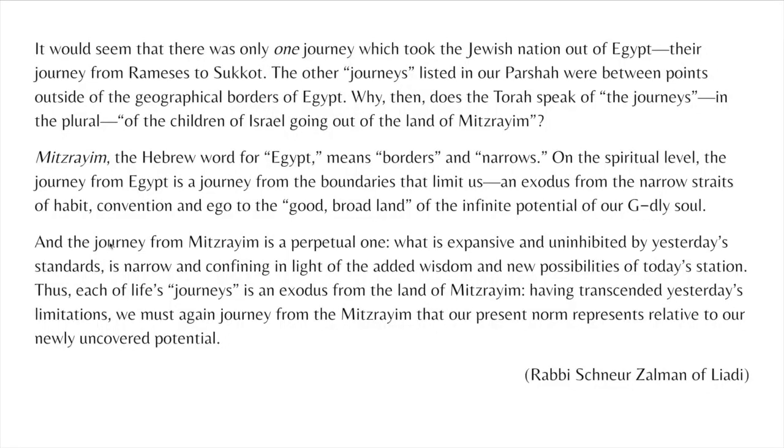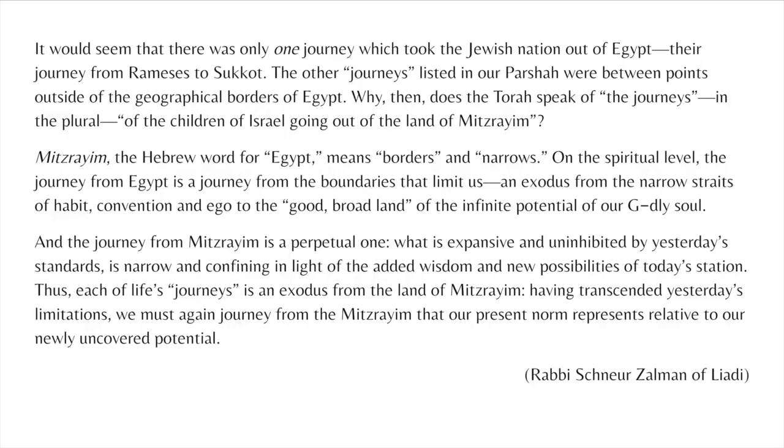Okay, so it says here, but I like his interpretation because it makes a very good point. It says here, Mitzrayim, the Hebrew word for Egypt, means borders and narrows. I translated it as straits, or constrictions. On the spiritual level, the journey from Egypt is a journey from the boundaries that limit us, an exodus from the narrow straits of habit, convention, and ego to the good broad land of the infinite potential of our godly soul. So this journey of the Israelites from Egypt to the promised land, it's like our journey from our own